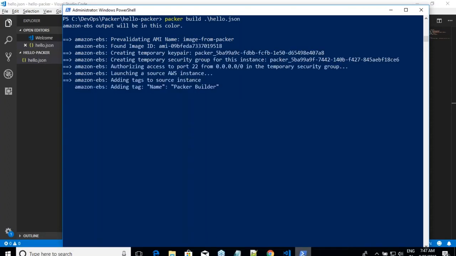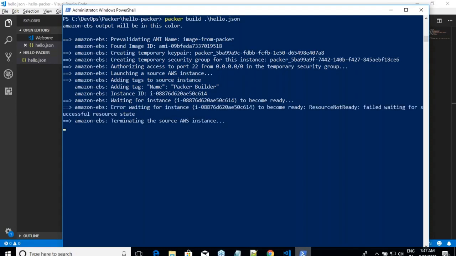Just see the sequence of steps. First it creates an EC2 machine, then it waits for the machine to be ready, then it logs in inside that machine. Then it executes whatever provisioning script you have written. It will come out and create an image, as simple as that. If you know what steps your software needs, is it difficult to create an image now? For example, your dev team has said that you have to execute these 11 Linux commands to install our product. Just use the same thing. Your provisioning will have 11 steps for that, right?